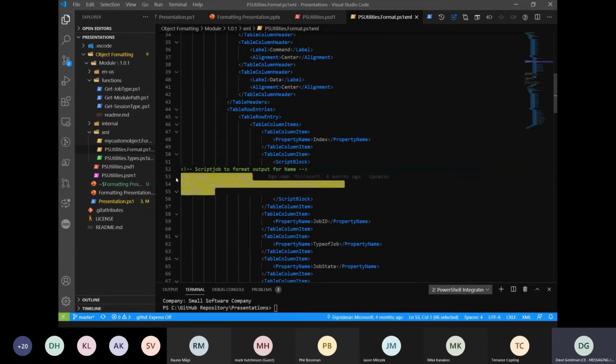This script block can be any code that you want to create and do on your formatting. So if you were pulling back something from a drive and it had to do with drive space and you wanted to do some funky calculations to it, you can put that in a script block, and when that finishes processing, that's what's going to get put to the screen.